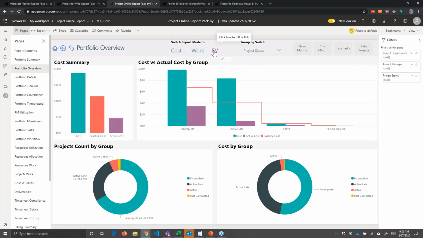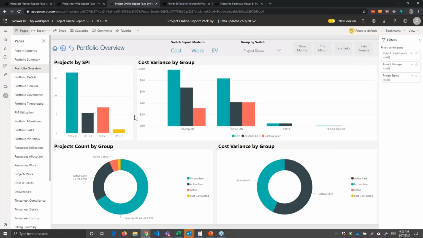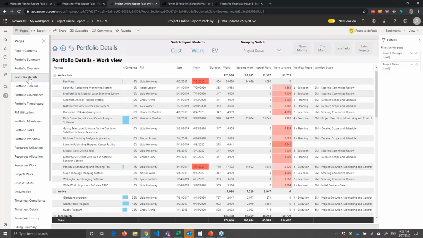You can view that information here, and the same, we have a view for earned value. So pretty much you will see your SPI, CPI, and variances for your project. Portfolio details report. It's all around